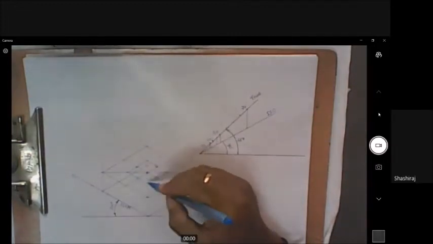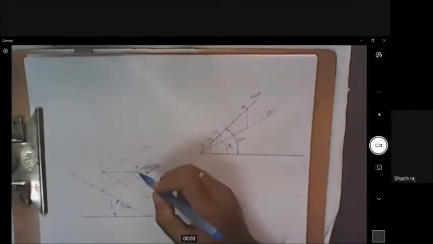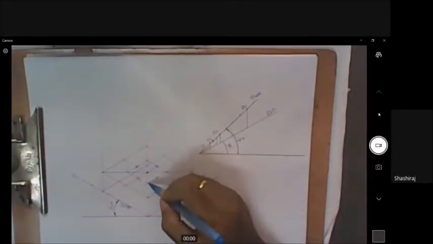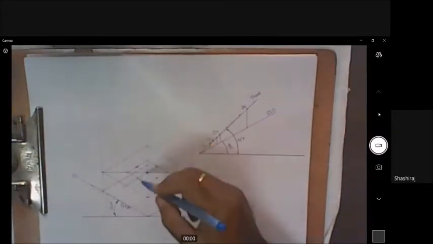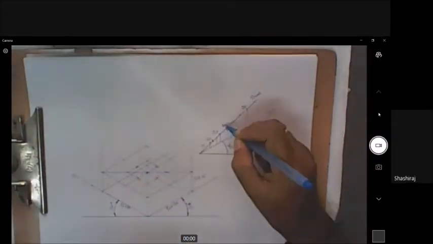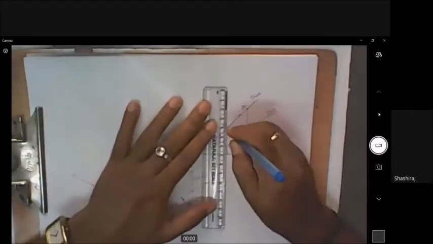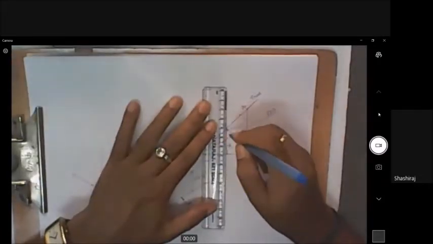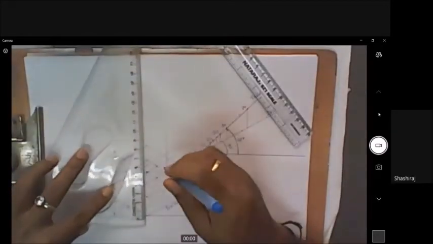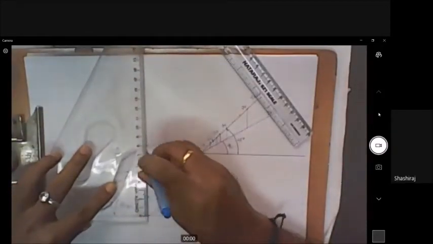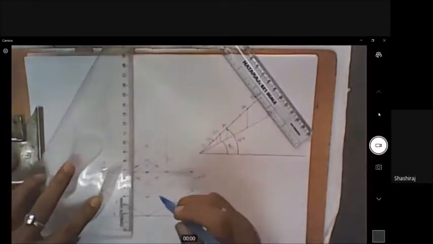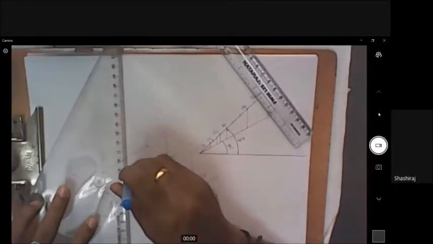Bottom face of the top solid. Now I have to give the height for this. So these are the points 1, 2, 3, 4. For all these 4 points, now I have to give the height of the solid. Height of the second solid is 40 mm. Actual 40 is here. I have to draw a parallel line and I have to draw verticals first. This is one of the verticals. Second vertical will be on the same line. Third vertical also will be on the same line. And fourth vertical will be here.